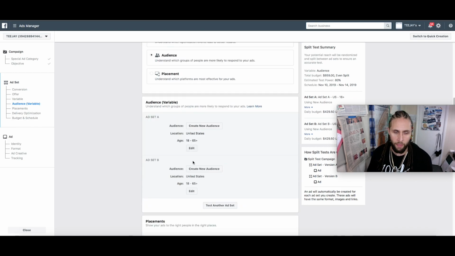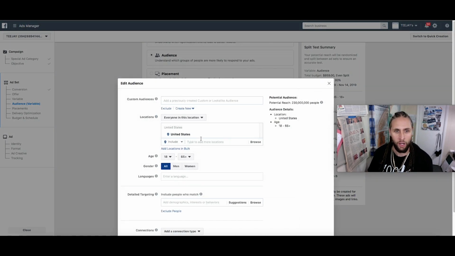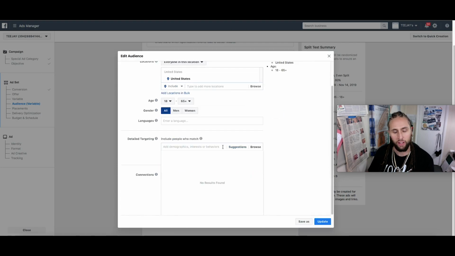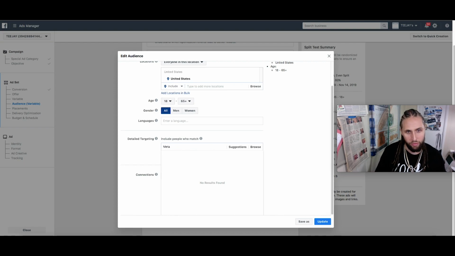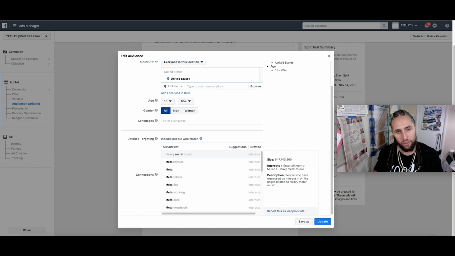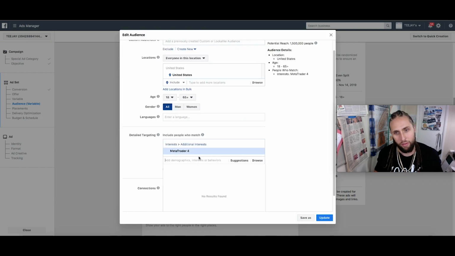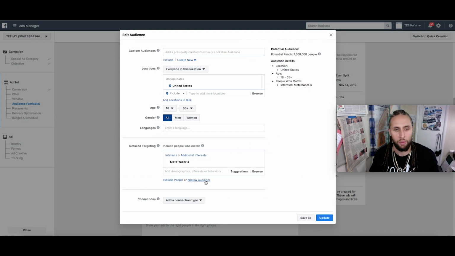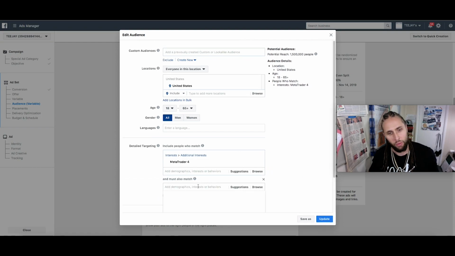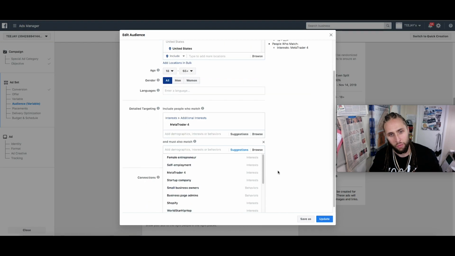So for this one, we'll go back here, and since last time we did the Facebook business pages, let's try MetaTrader 4. Let's just try that on the humbug. I don't feel too strongly about it since it's a conversion, but I'm willing to risk a couple dollars just to get the data and see if it was worth it or not. And then we'll say